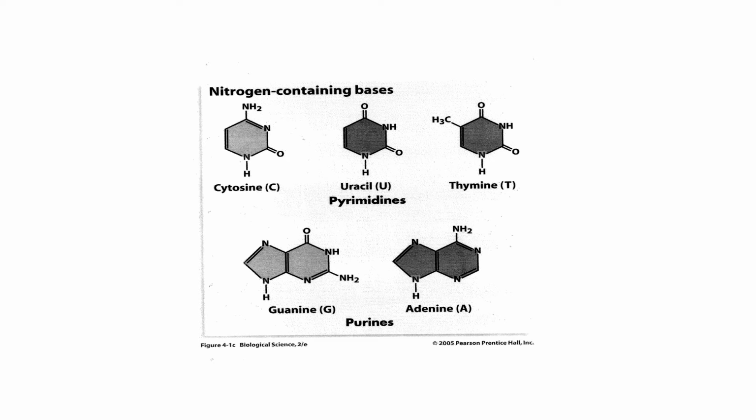But what I want you to look at in terms of the genetic information and the base pairing ability is that uracil and thymine are identical. The only difference with the thymine is that CH3 coming off on the left. Otherwise, they're identical. They serve the same function in terms of the genetic code and in terms of base pairing. So they're very similar. And then, of course, they're abbreviated: C for cytosine, U for uracil, T for thymine, G for guanine, A for